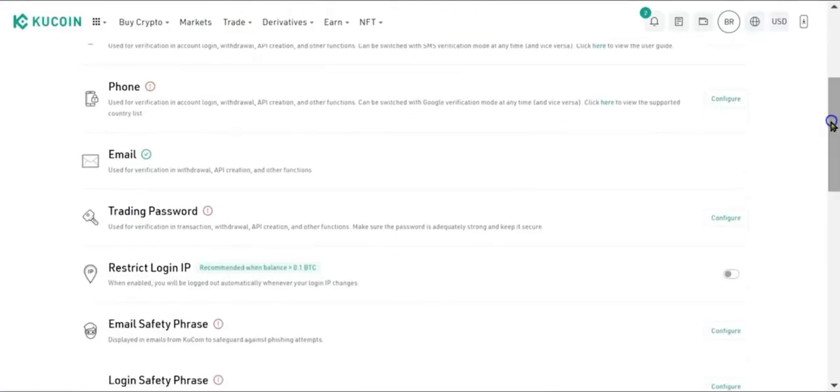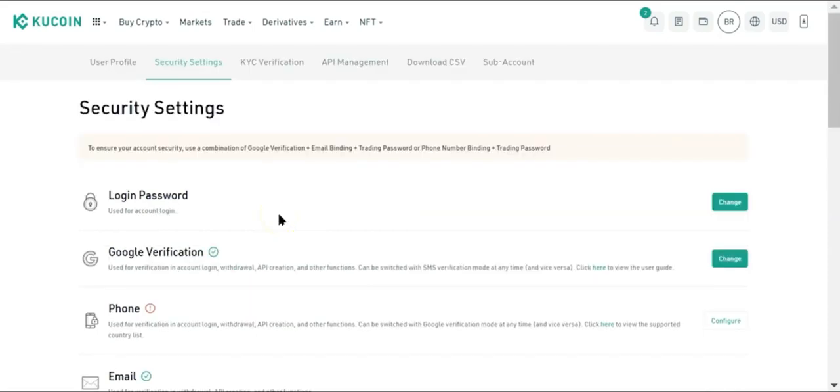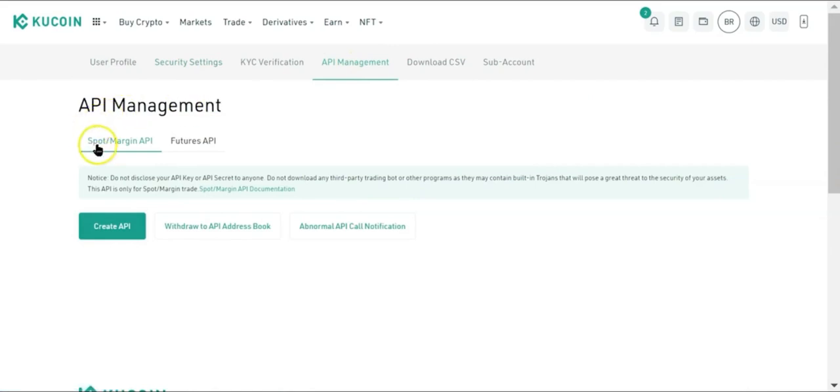Setting up your trading password is very simple. You're just going to create a 6-digit number. Make sure you write it down offline, keep it somewhere safe so that you don't lose it. This will be used to confirm withdrawals and create API connections. Once you have enabled those two security measures, go back to API Management, make sure you're under Spot Margin API,